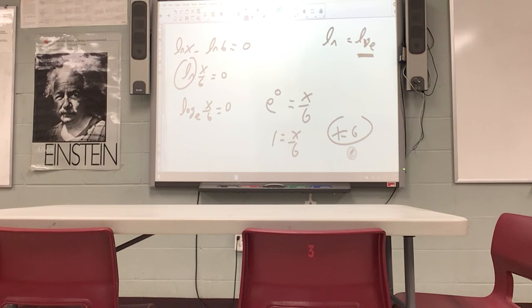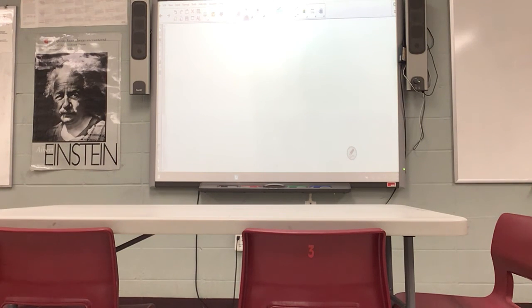Alrighty, last one. e to the x is equal to 3/4. So again, remember, natural log is the same as log base e, because we're in exponential form. So to solve this, we gotta rewrite it into log form. So I've got log base e